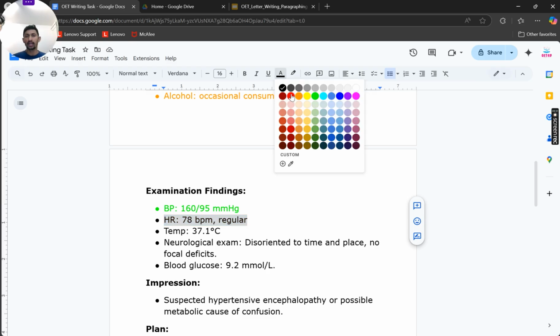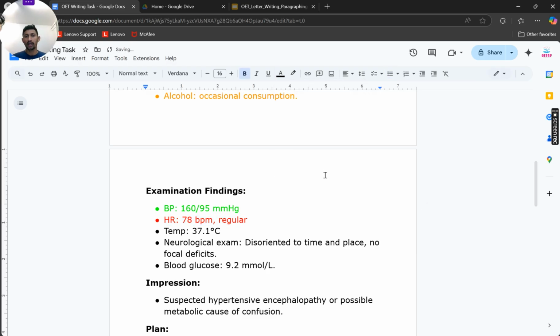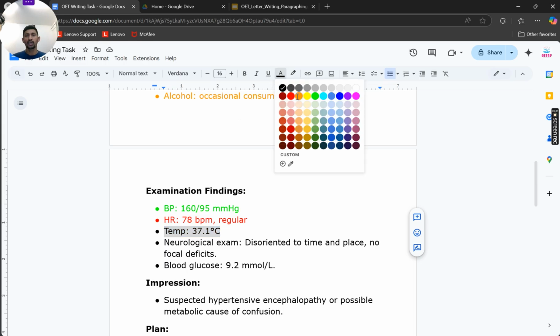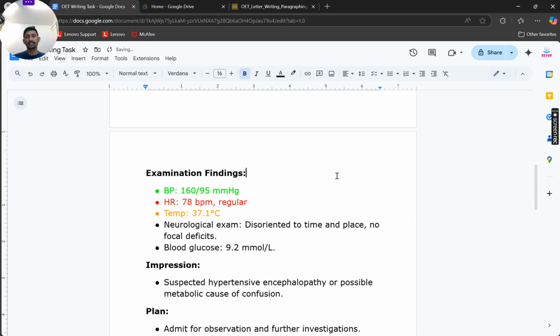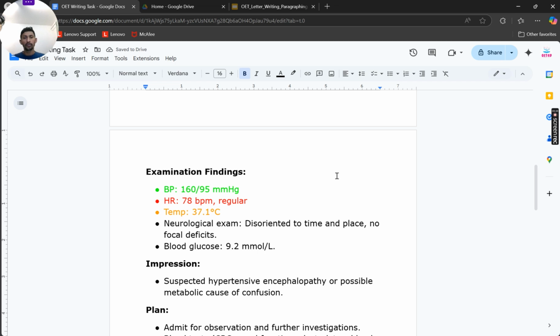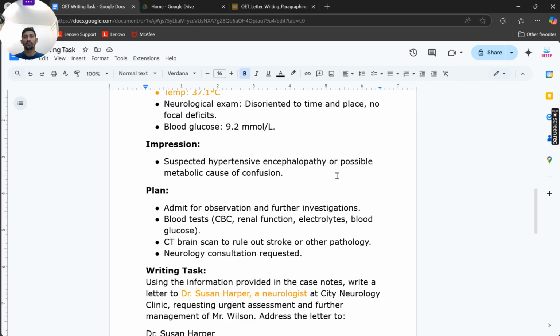This is kind of irrelevant information, so you can omit that. So temperature, a bit abnormal, I will say maybe I can put it as semi-relevant information. Go for it. So you have to do the exercise until you find out all of the information in the case notes